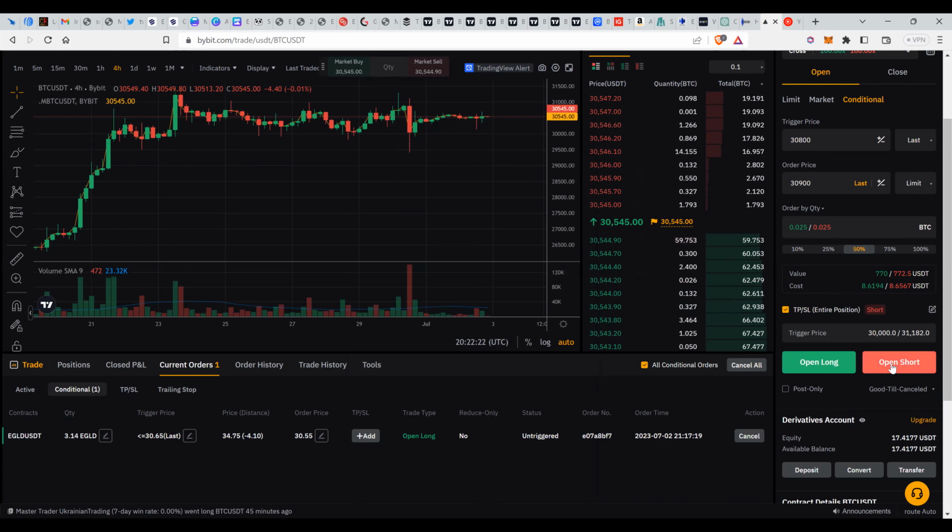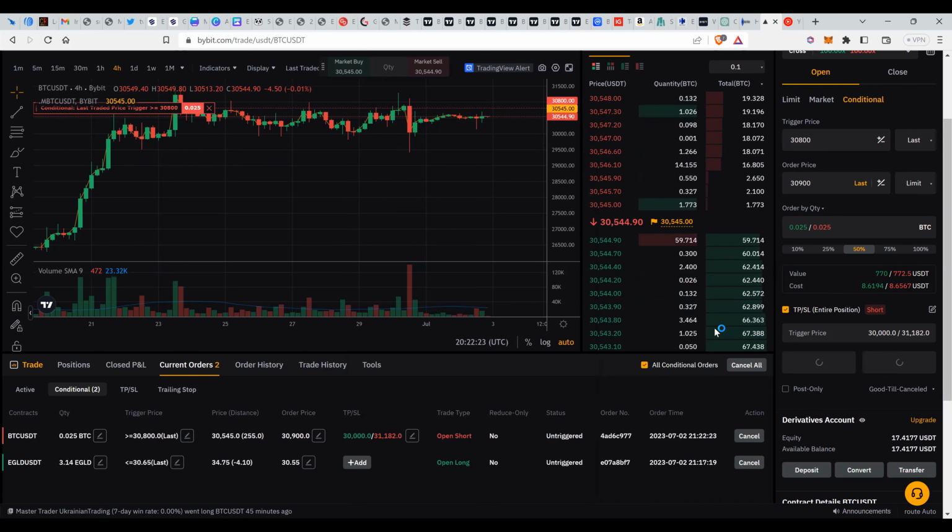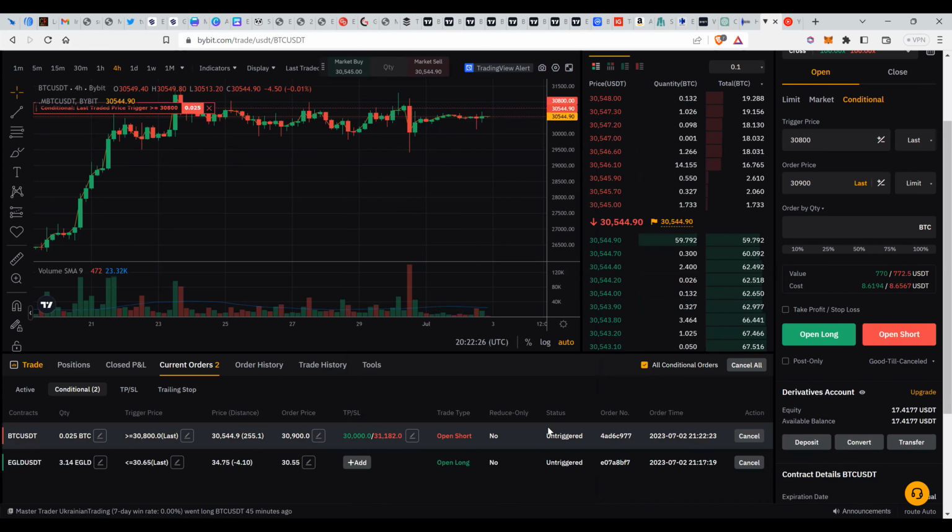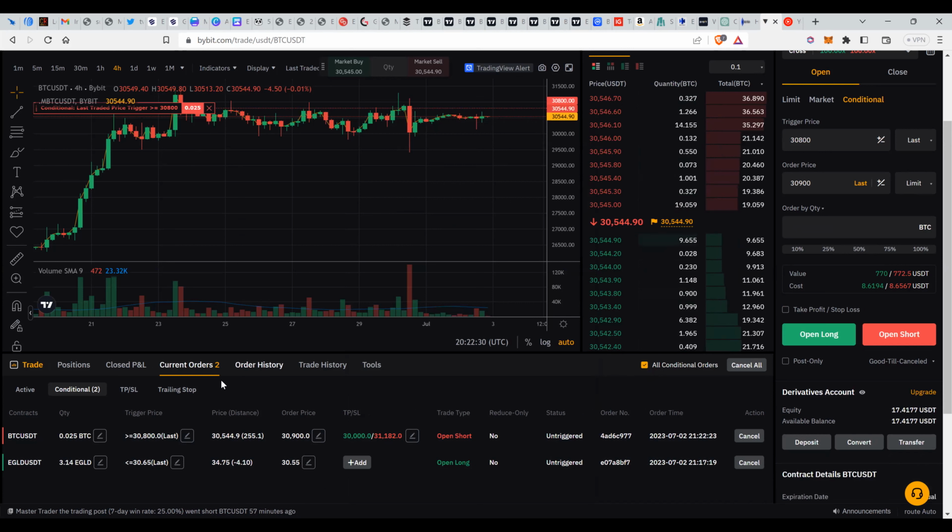Now, and then we click on open shorts. Now, if you see here, it's showing untriggered. Order has been submitted successfully. It shows on current orders, but my equity and my available balance was not touched. So as simple as this, you could get 100 trades, 200 trades, 300 trades that are shared, posted, and then